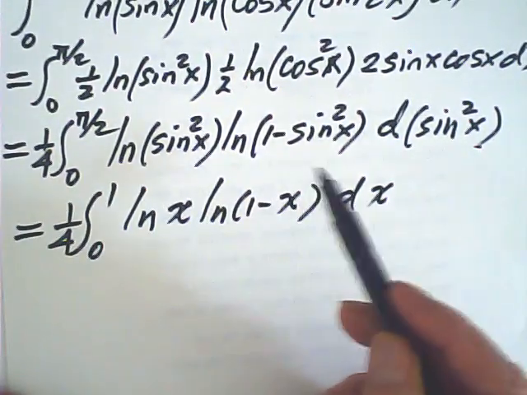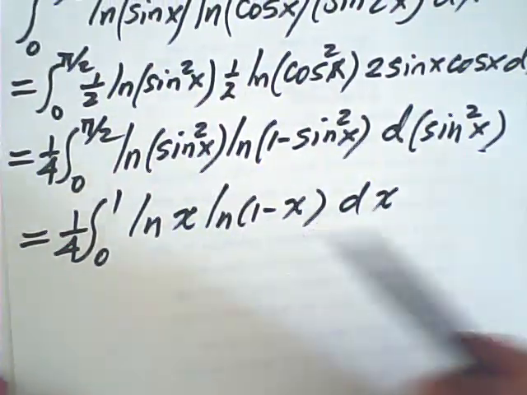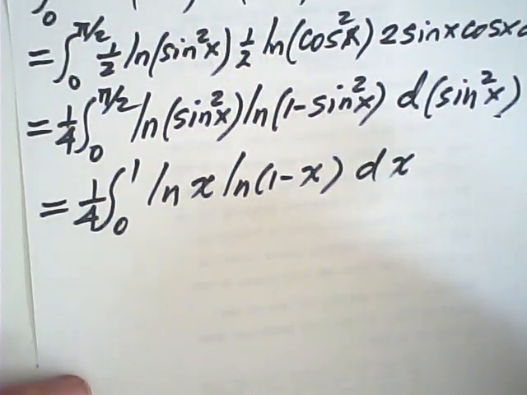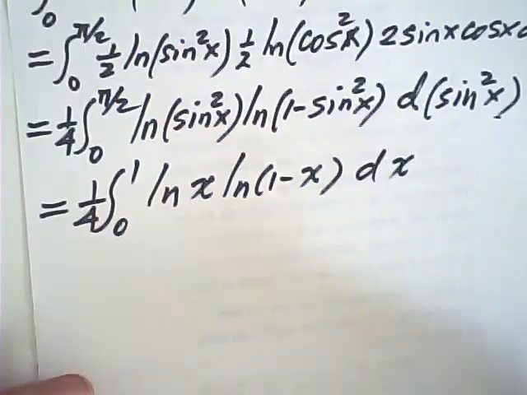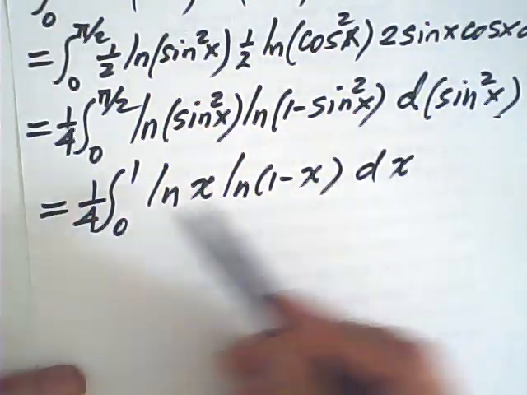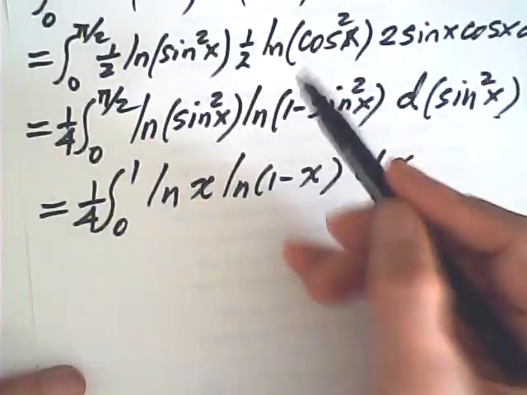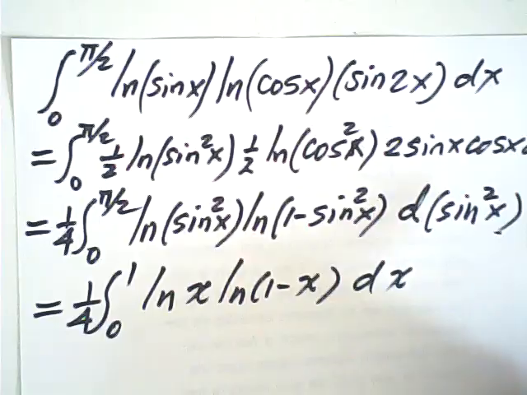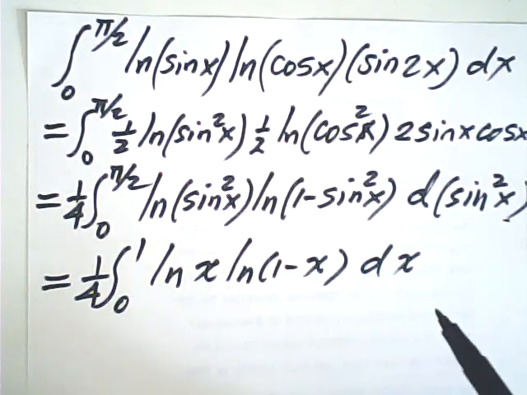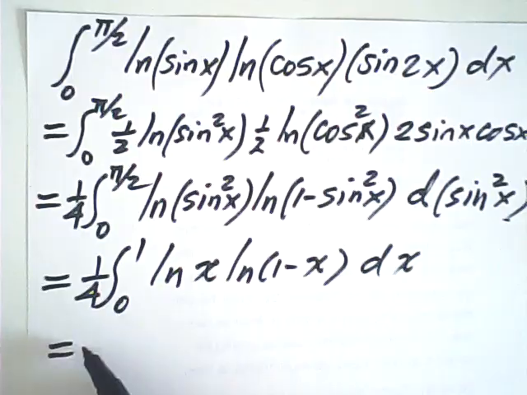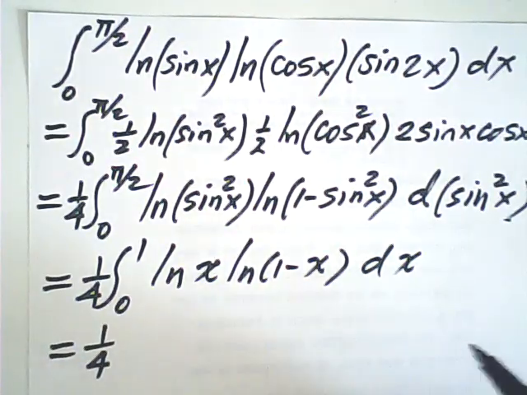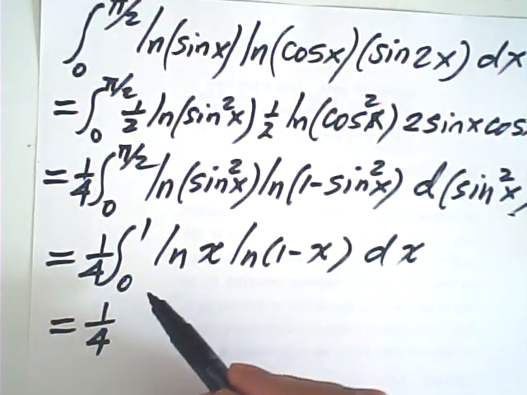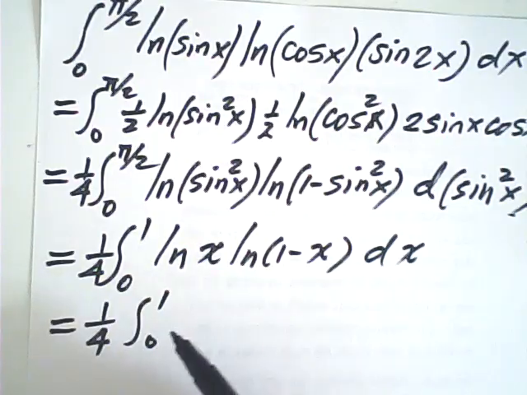I substitute sine squared x as x because these are just dummy variables. I can write any notation, so I use x anyhow. So the integral is much easier compared to the given one. Now we start from here. We have some wonderful treatment. This is the integral from 0 to 1